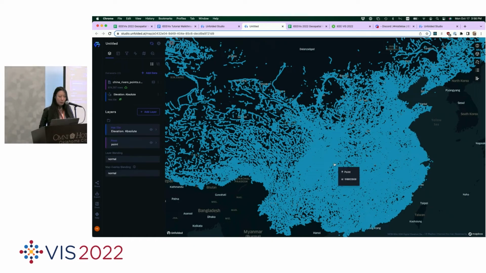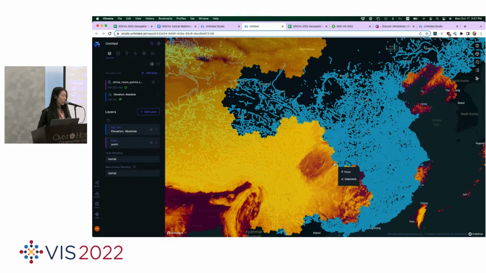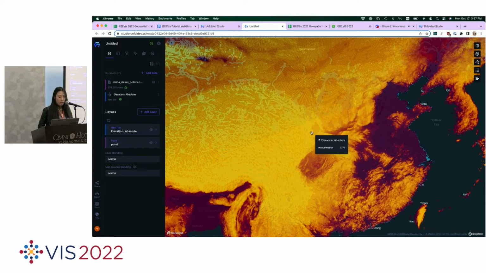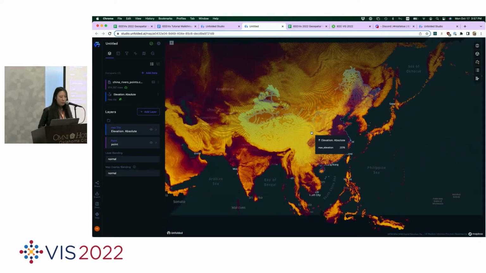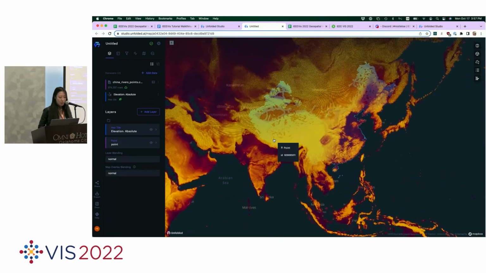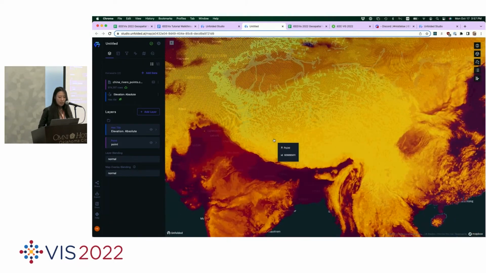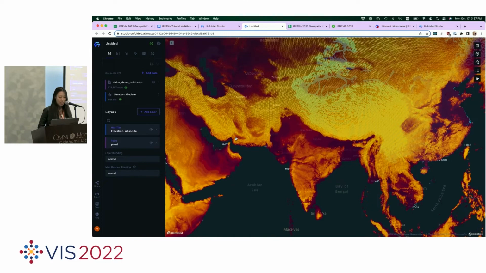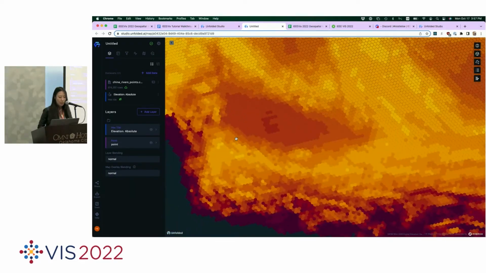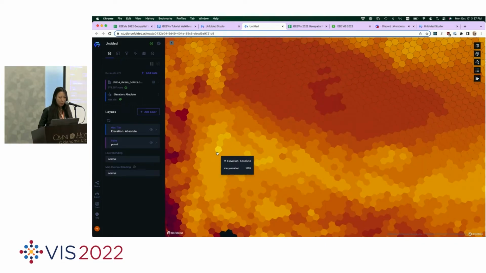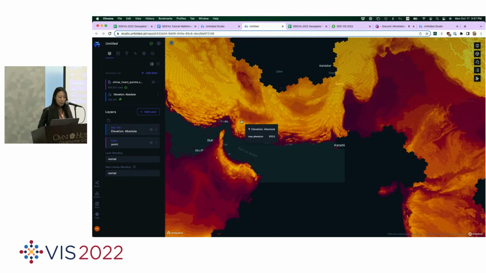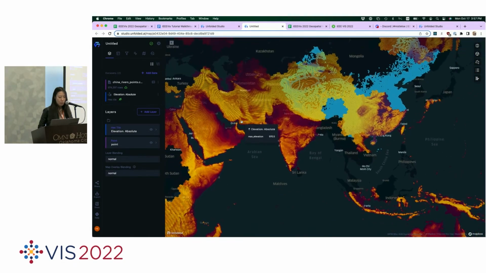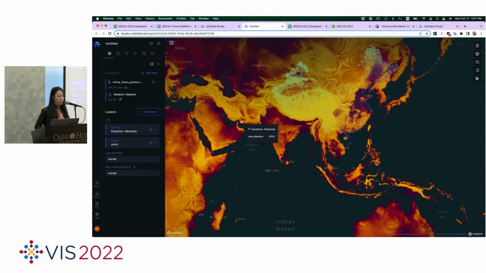This will load the elevation HexTile into our map. As you can see, these HexTiles are pre-built using the DEM data model that is open source by NASA. So we built them using the satellite imagery elevation data set and converted it into a HexTile format. They can go pretty high res, but also when you zoom out, you can see it on a global